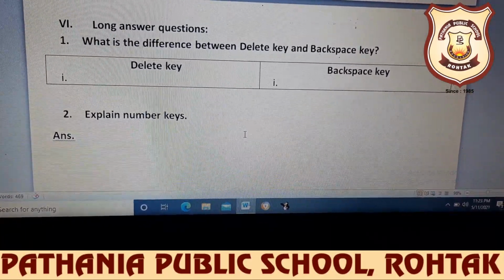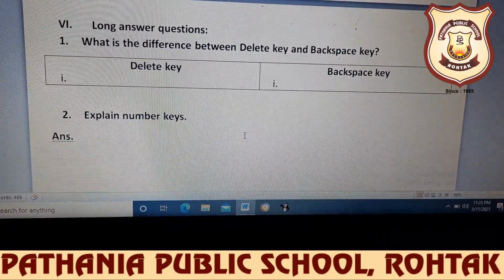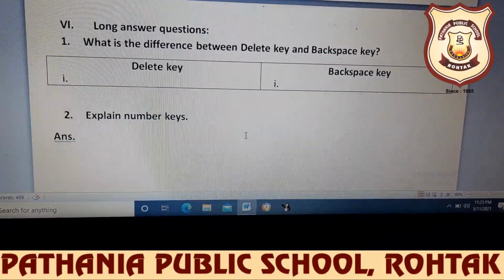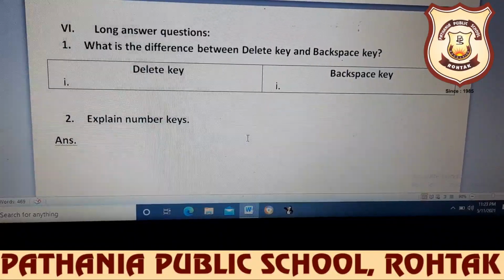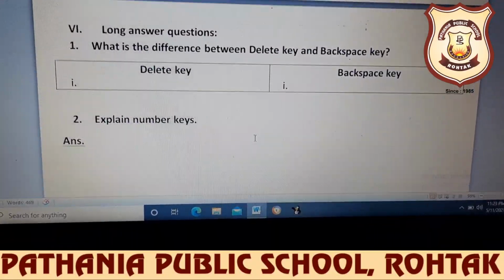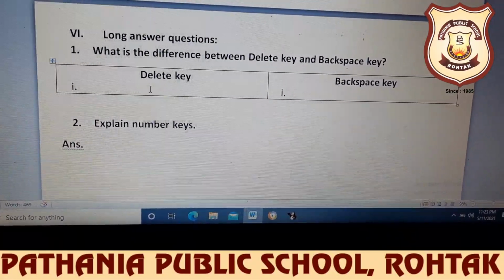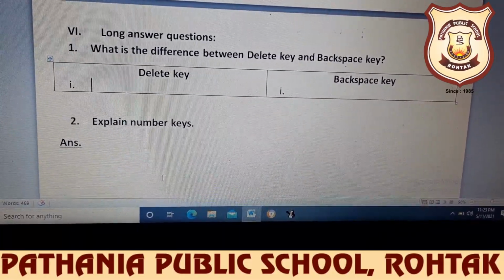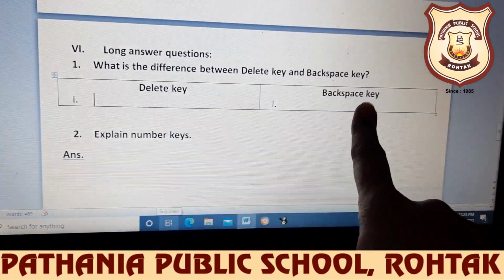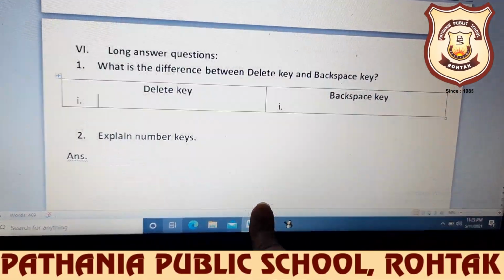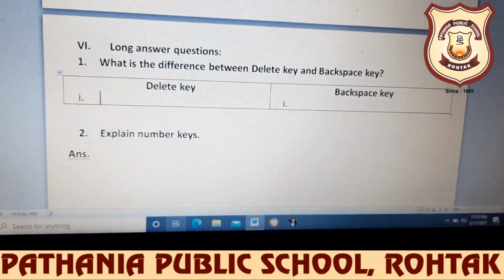What is the difference between delete key and backspace key? We'll write in difference form only. On the left side we'll write delete key, on the right side backspace key, put a line in between and then we'll write.